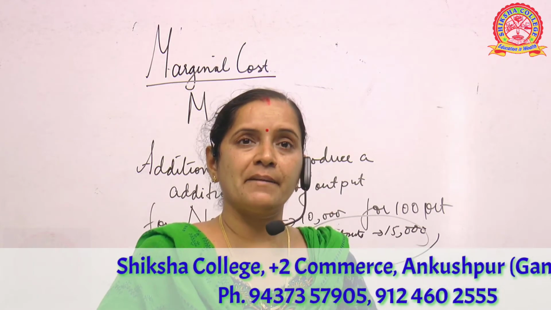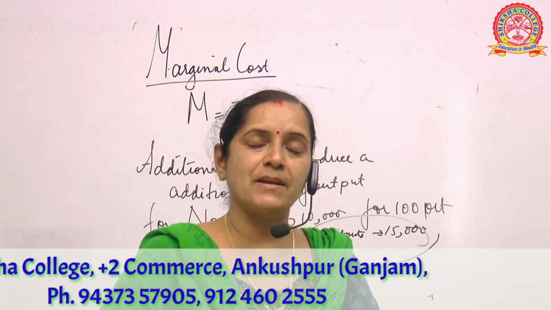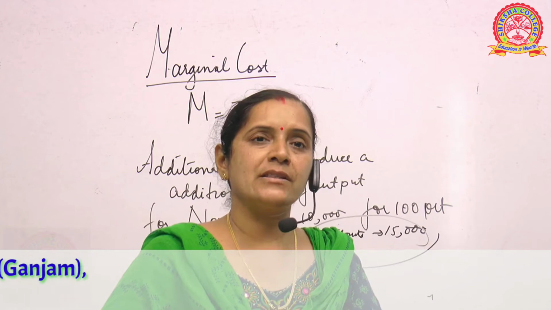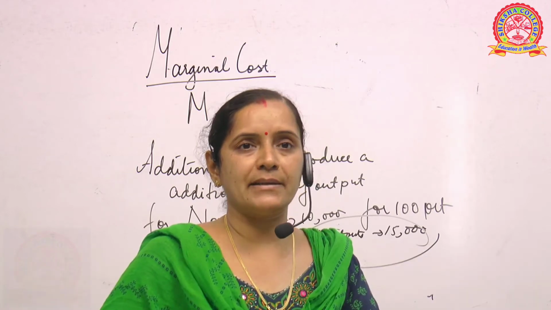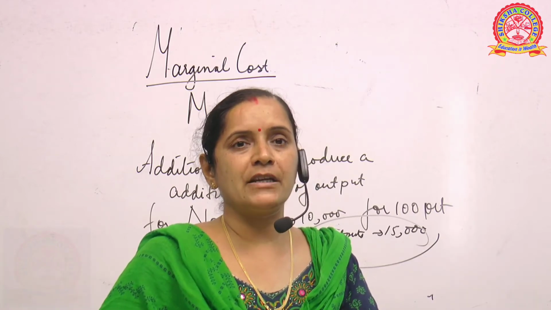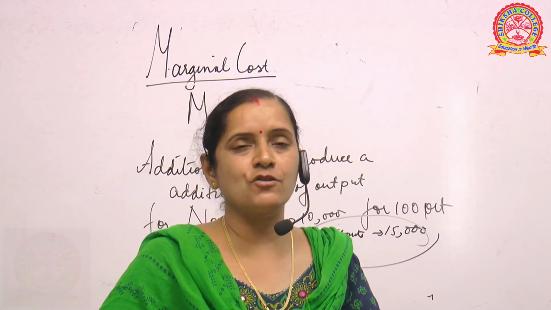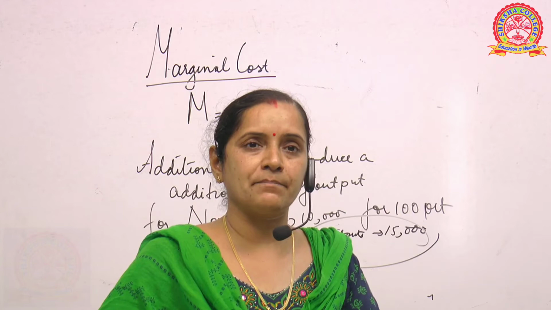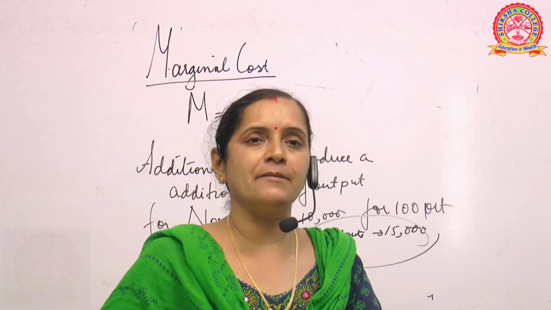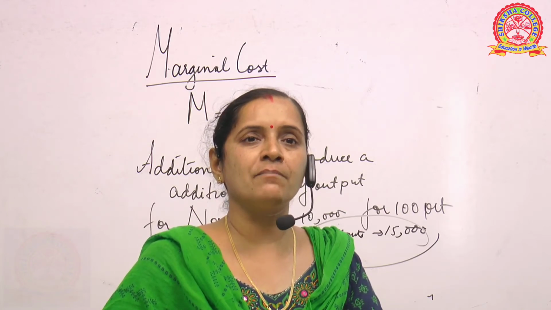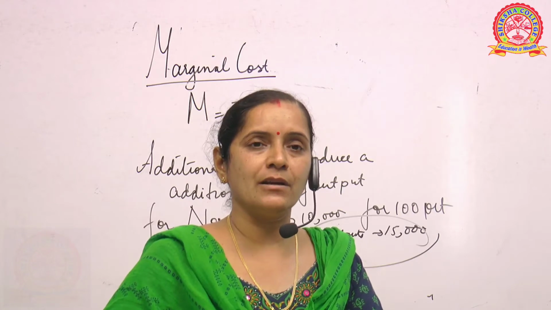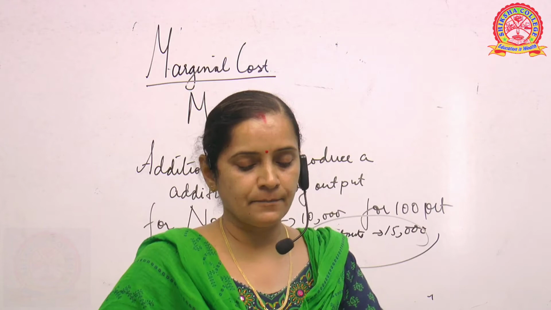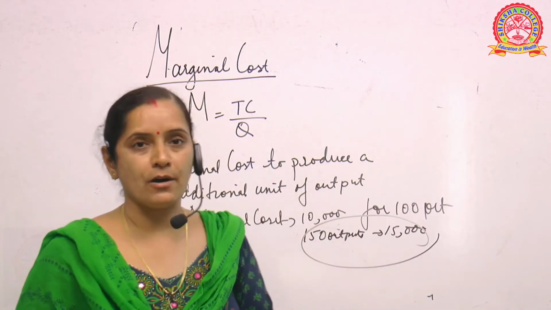But when we are talking about marginal cost, please remember, when we are using the word marginal, it is actually the additional cost borne by the company or the firm for each additional unit of production. So that you should keep in mind. But average cost is the total cost expended by the company or the firm for the total output or quantity produced by the company. Is it clear? So this is all about your short run cost.